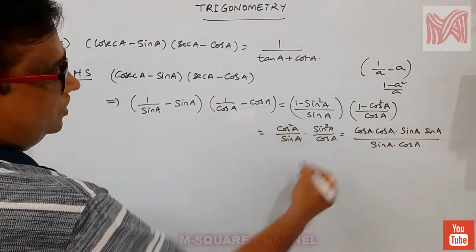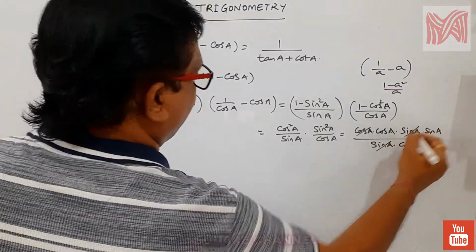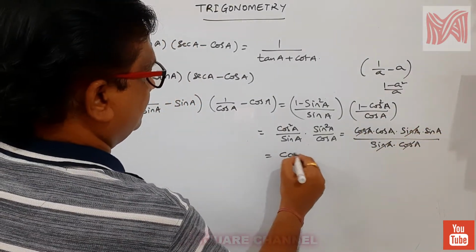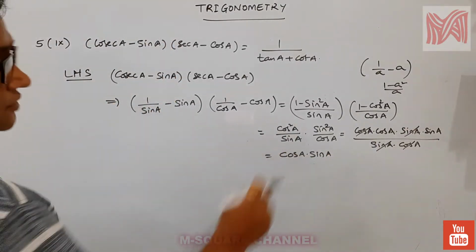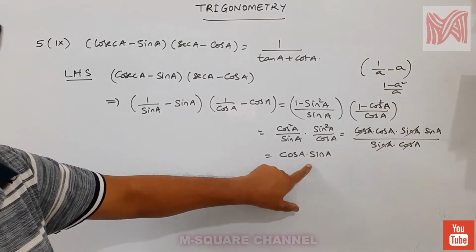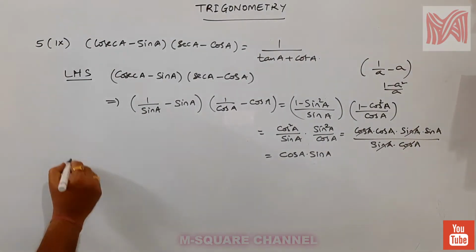Don't cancel the square and cos directly. Okay, so cos A sin A cancel, so we get the answer cos A into sin A. This is the LHS part. After solving, we get cos A into sin A or sin A into cos A. Next, the RHS is